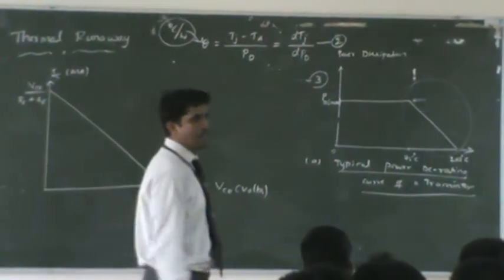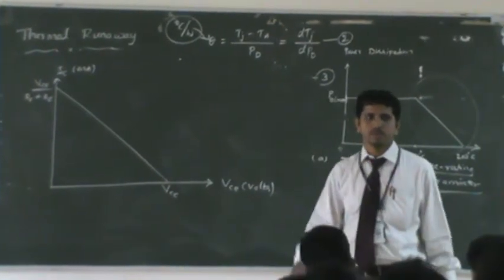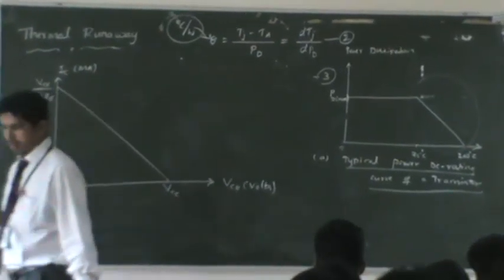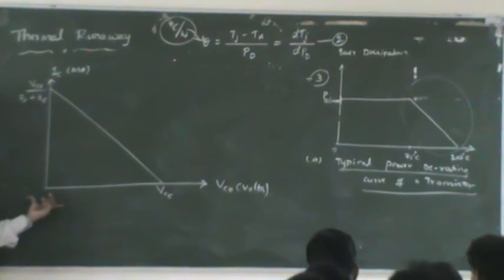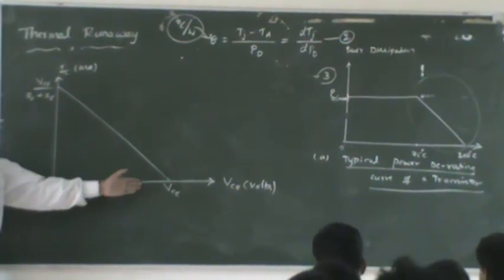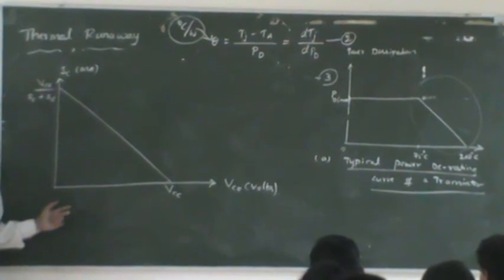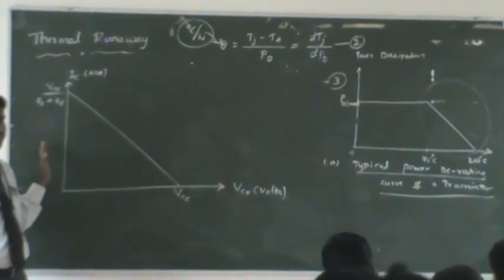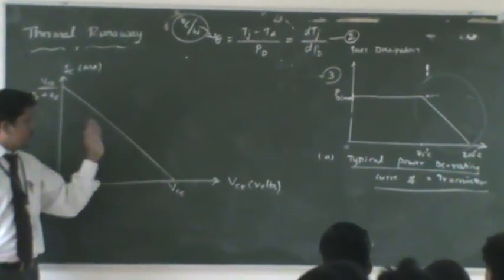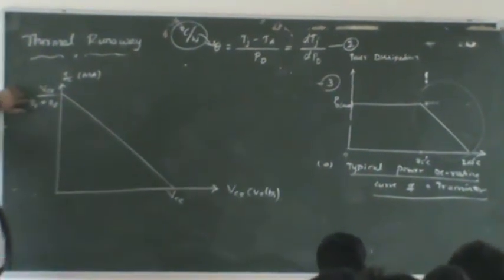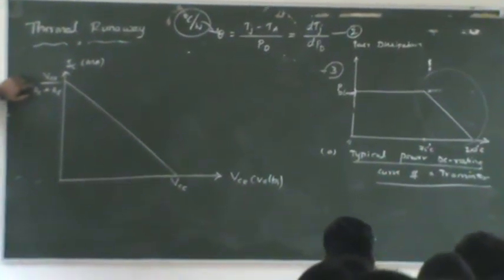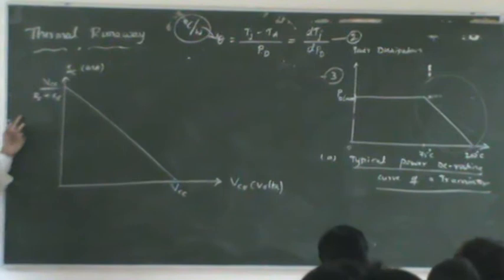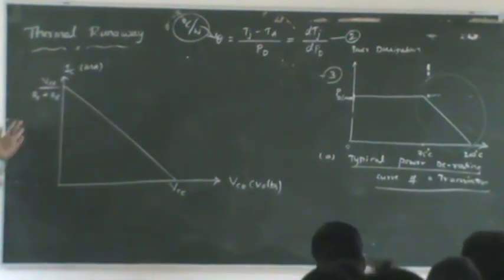For which circuit this is load line? Which bias is given here? For which bias, this characteristics will be the load line. It's a load line I have written. I have not written here common emitter characteristics. Just I have written here load line, that's all. Now my question is, looking at these two things, can you tell me for which biasing this will be the load line? This will tell you clearly for which bias. This is over RC plus RE. Emitter bias. Right? Emitter bias.